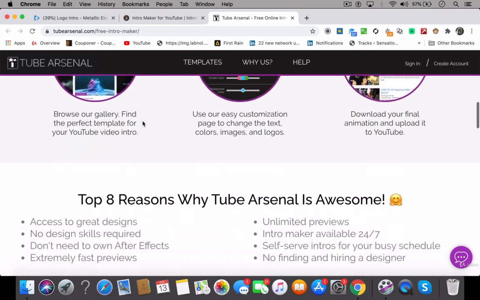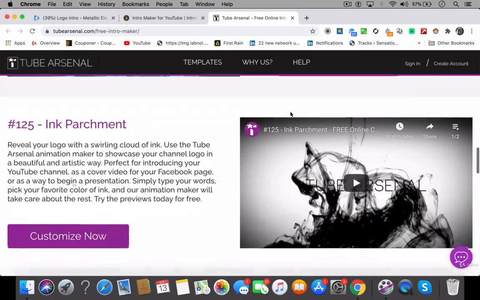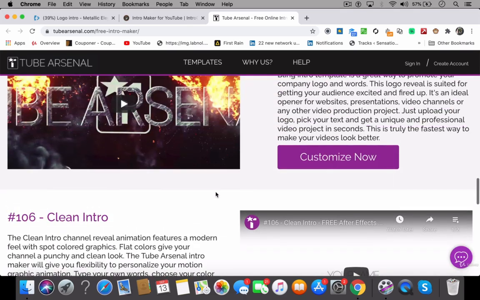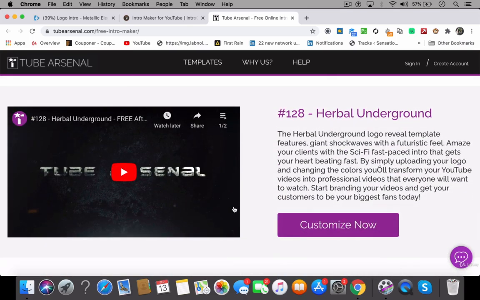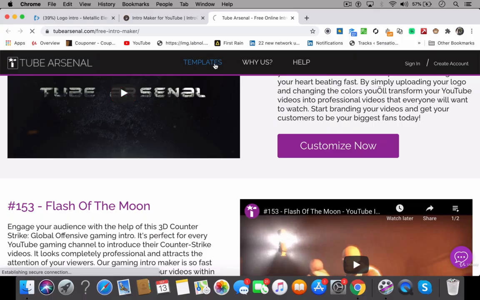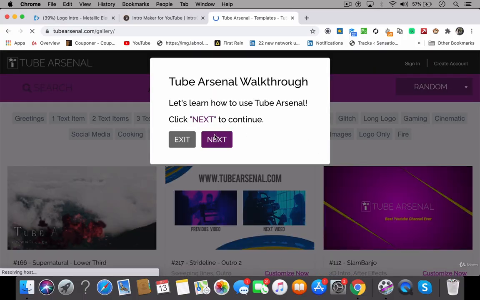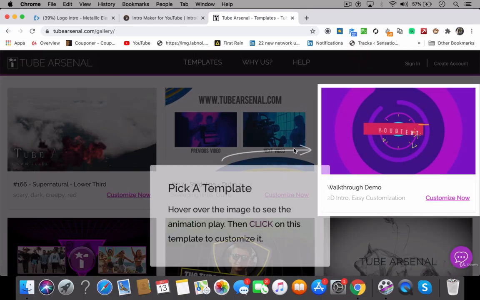Arsenal.com. It's pretty good. It's again pretty much a logo intro creator. You have amazing hero intro kind of logos, and it's pretty good. So you go to templates here. Just click on templates. Okay, and here you have a walkthrough, so you can just customize whatever you